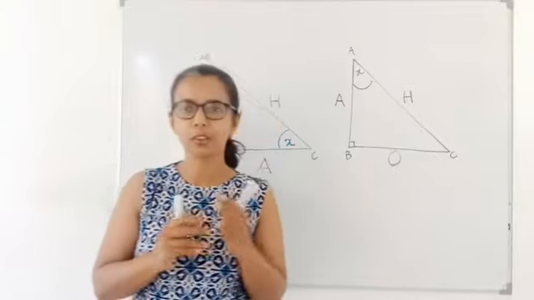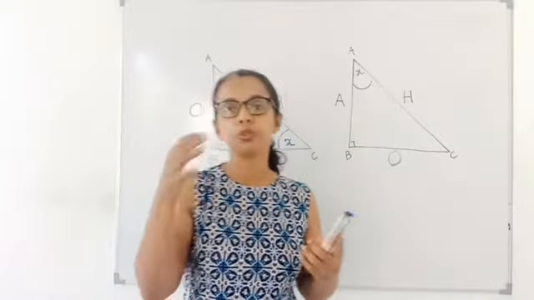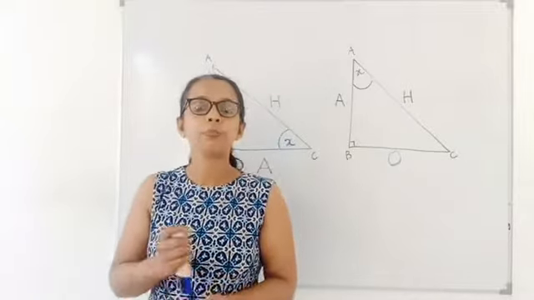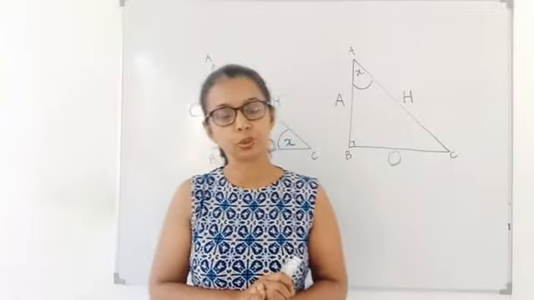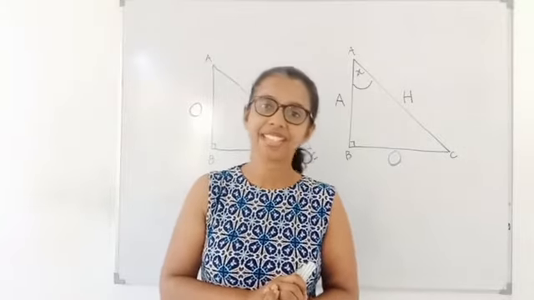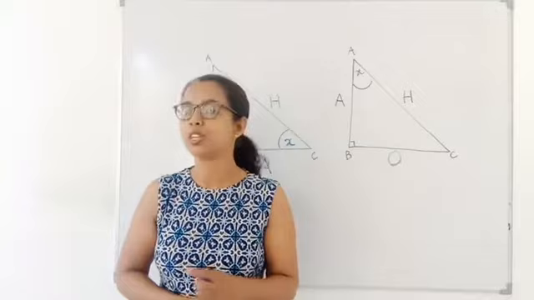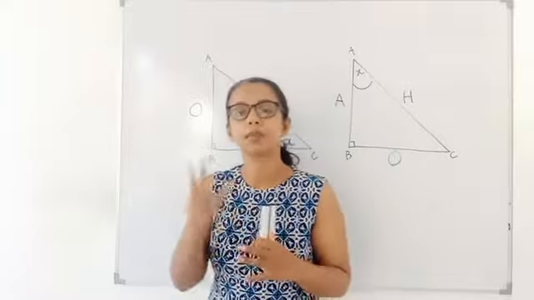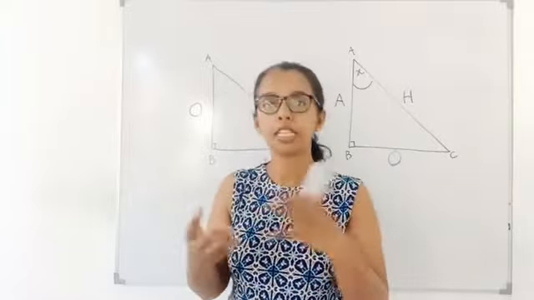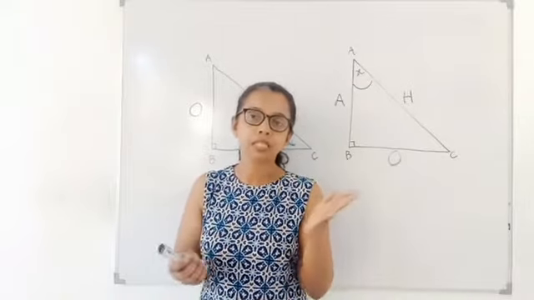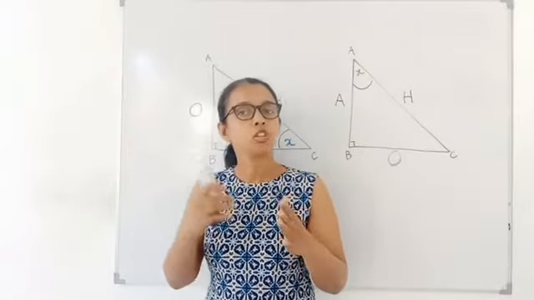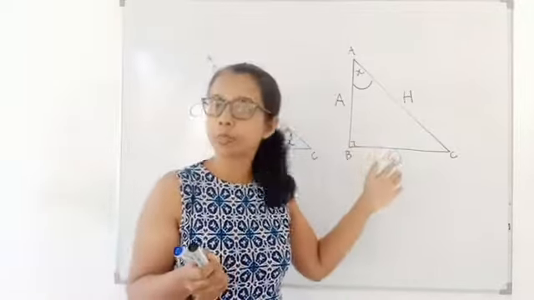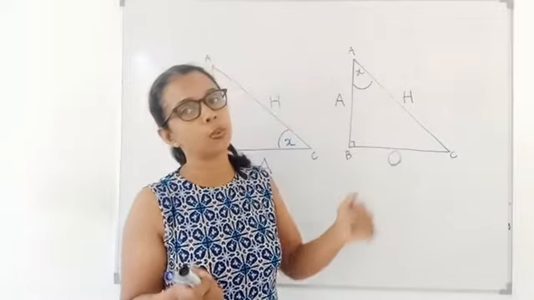Right? So why do we need all these things, children? I told you, trigonometry is about the relationship between the sides and the angle. Basically at your level, we have three basic ratios called sine, cos, tan. When you go to higher grades and do higher studies in mathematics, you will learn more about this. But at your level, we are going to discuss three ratios to describe the relationship between the sides and the angle: sine, cos, tan. To understand these three ratios, we should know what the opposite side, the adjacent side and the hypotenuse are.